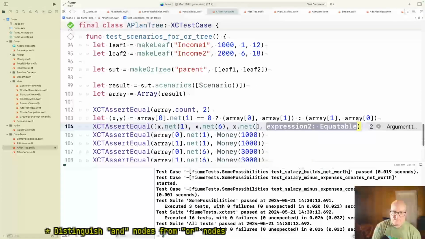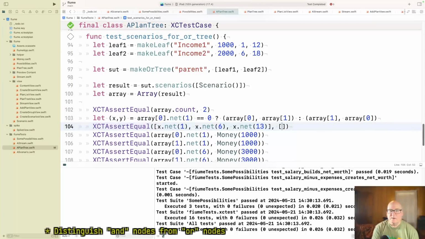Yeah, let's do 13. That thing should be equal to, well, if it's 0 in net 1, then it should be 0. And if it's 6, well, I'm making them backwards. That seems bad. Okay. If the net is 0, let's say not equals 0, array 0, array 0, array 1, array 1.